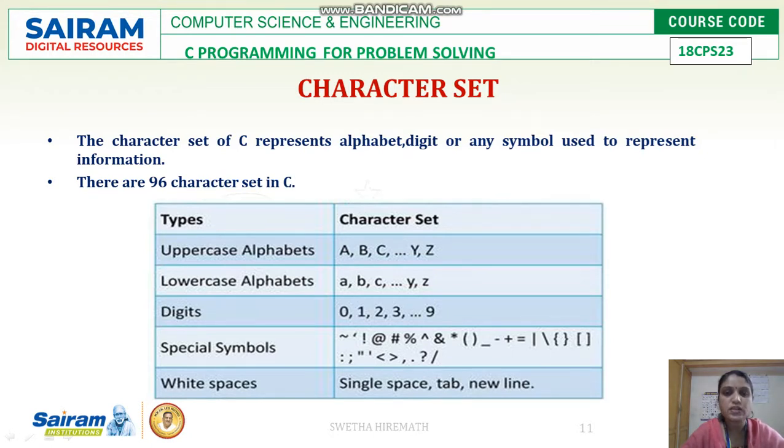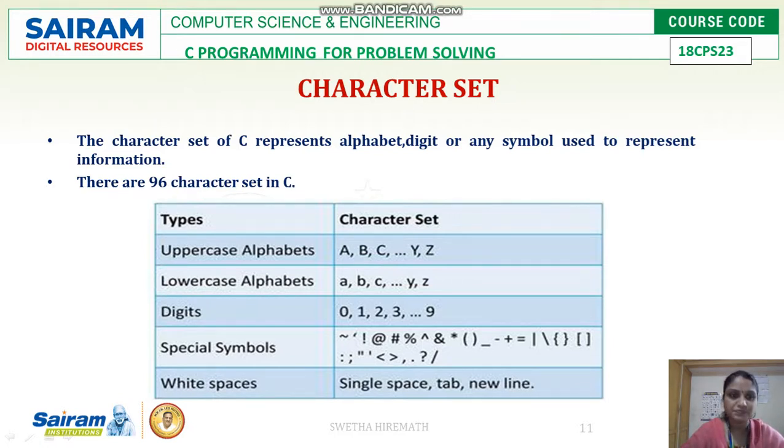So all this together will form the special symbols, and the character set will also include the white spaces. It may be a single space, tab, or new line. All these together are 96 characters, and they are the character sets of our C language. Character sets are nothing but the alphabets, digits, or any special symbols which are present in our